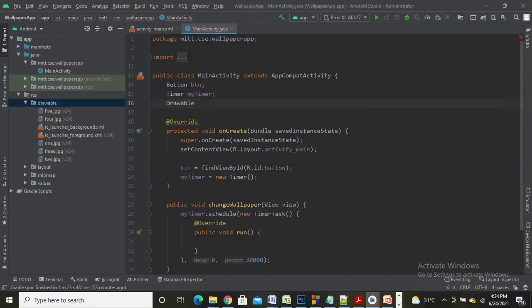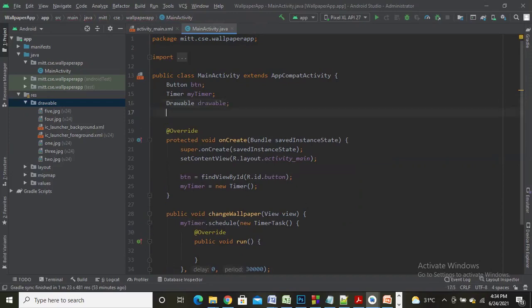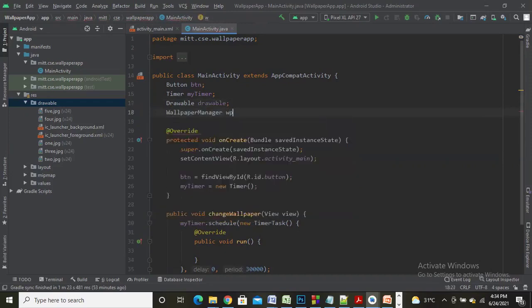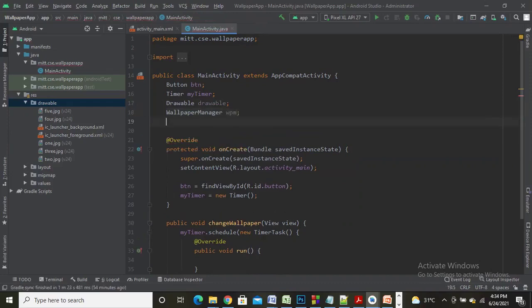So I'll name the variable of the Drawable class as drawable. Then we have one more variable which we need to use, WallpaperManager. I'll write it as WMP. And apart from this, I'll create an integer variable named preview equal to 1. So this is the initialization I'm going to make.